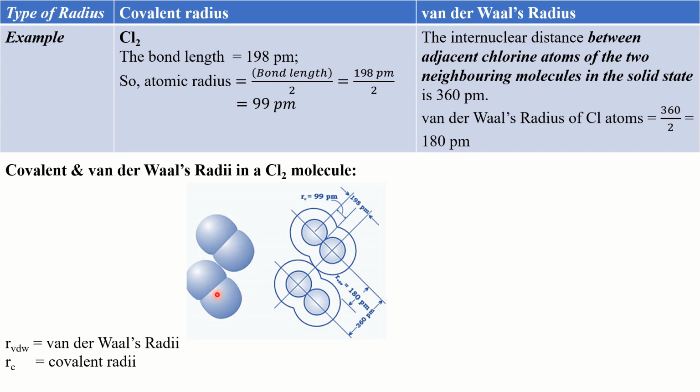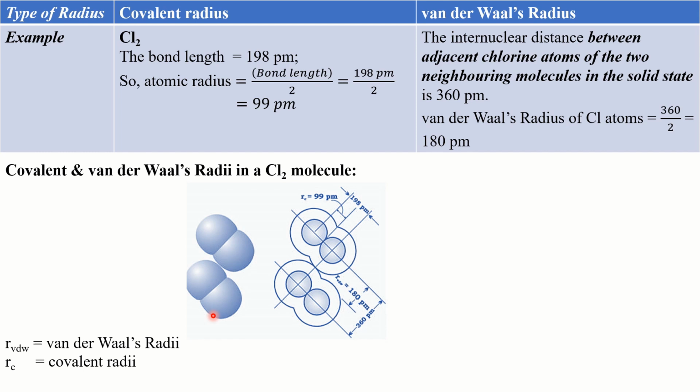The chlorine molecules are barely touching each other. There might be a slight distance between them, but that is not of much value. They are not occupying the space of each other. That is what you must see here. This chlorine molecule is not occupying the space of this chlorine molecule. Such an attraction between the adjacent chlorine molecules is known as van der Waals attraction.